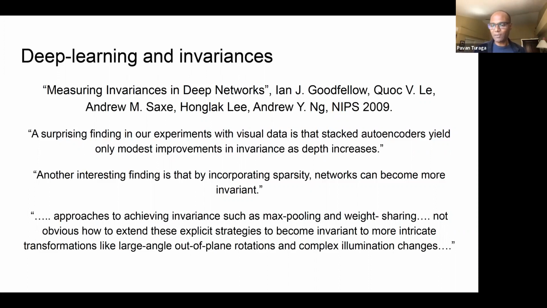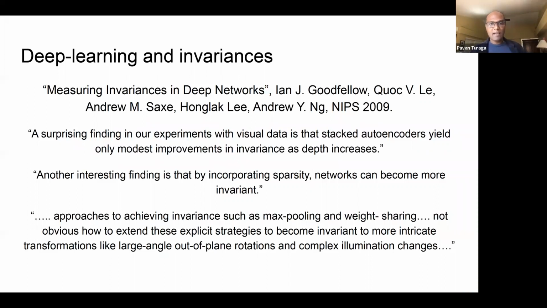There seems to be no easy answer to get a set of invariant neurons to any specific factor. And the conventional wisdom to make the networks deeper and deeper seemed to have only modest improvements beyond a point. It just did not work after that. And they did mention towards the end that there are some simple factors which you can be invariant to, like these max pooling operations that are popular in neural nets, which give you some amount of small shift invariance in pictures. But getting more intricate invariances, like viewpoint transformations, large out of plane rotations, complex illumination changes, is unsolved. And it is still very much true. Nothing much has changed since then.